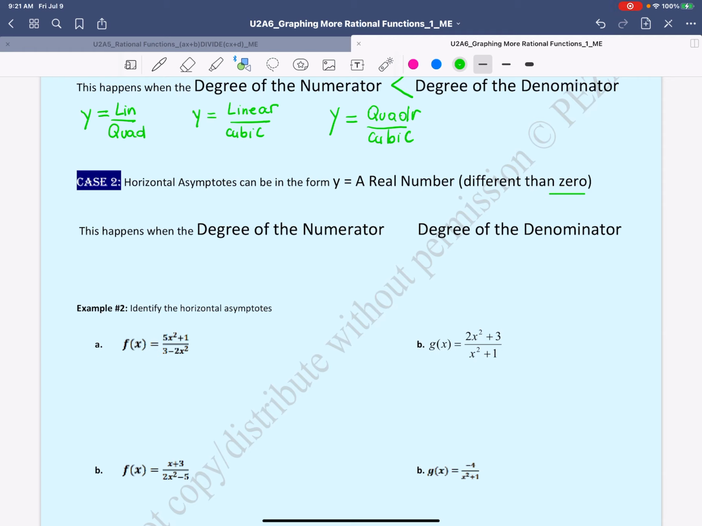Now, the horizontal asymptote will be y equals some constant real number, different than 0, if the degree of the numerator is equal to the degree of the denominator. For example, if we have y equals linear over linear, or y equals a quadratic over quadratic,